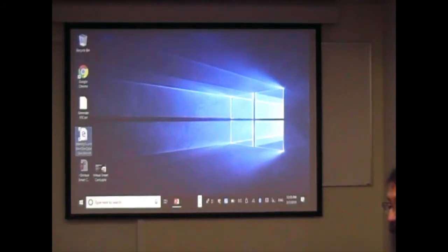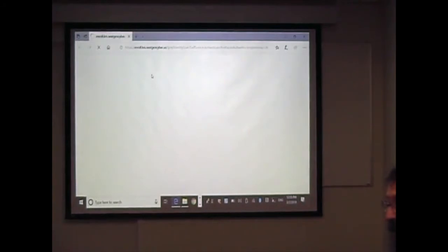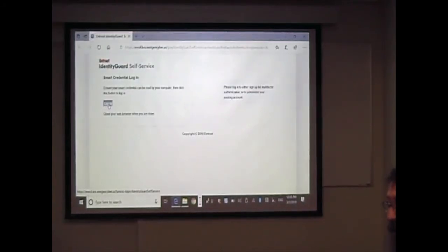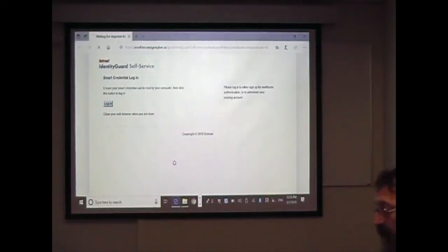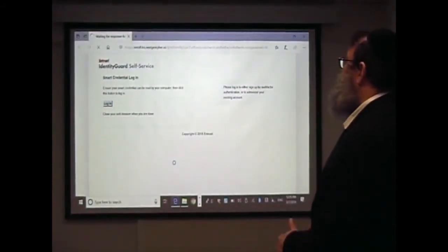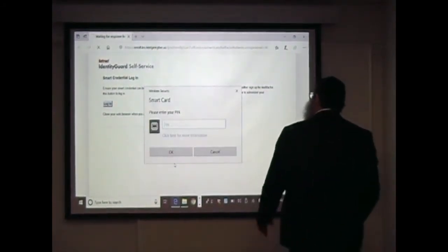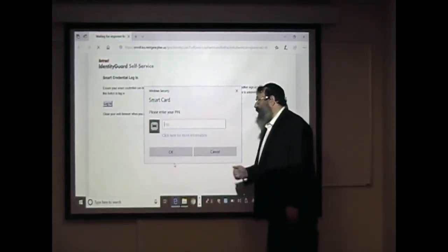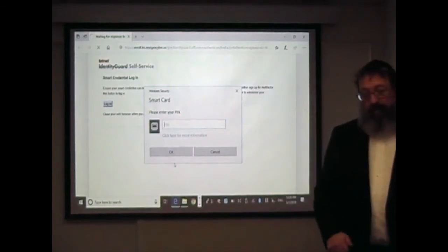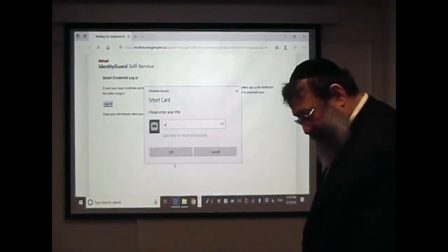So just to demonstrate that it can be used, I will go ahead and authenticate back into Identity Guard using the credential that I just created. So I'll log in. This time I'm going to use the credential that I just created. Click OK. And the very next step in this process is that I'm prompted to enter my PIN because I'm using my smart card. And the only way I can access the private key is to authenticate to that smart card again. So once I do,